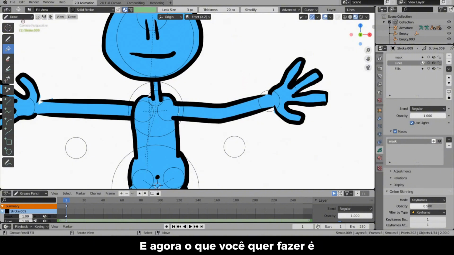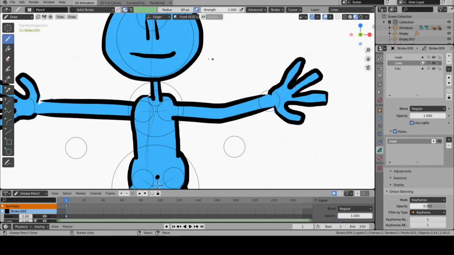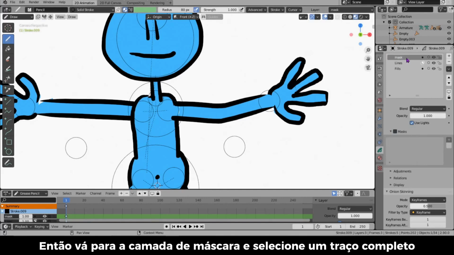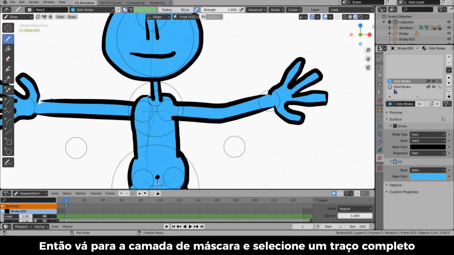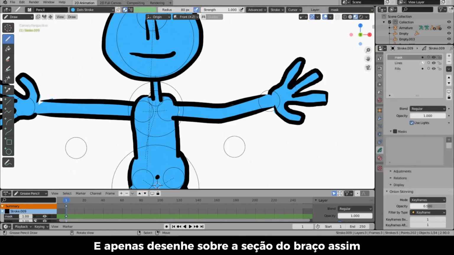And now what you want to do is draw a little section where it will hide the lines when the arm bends. So go into your mask layer and select a fill stroke and just draw it over the arm